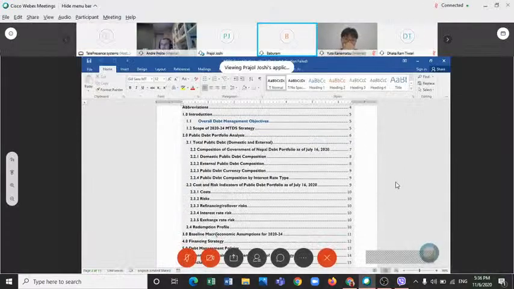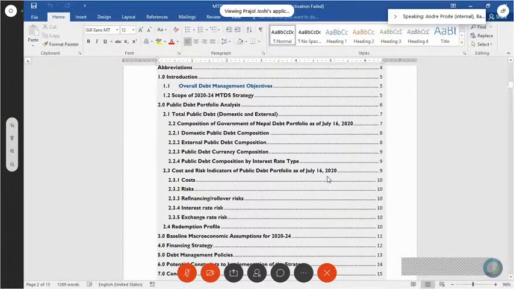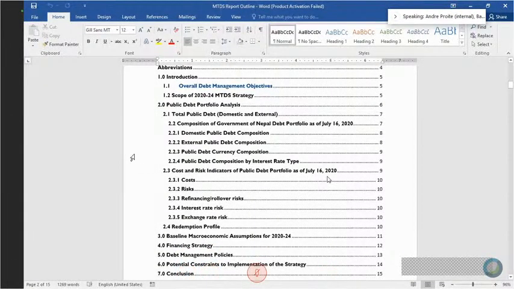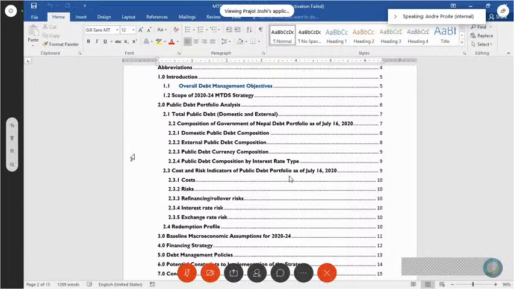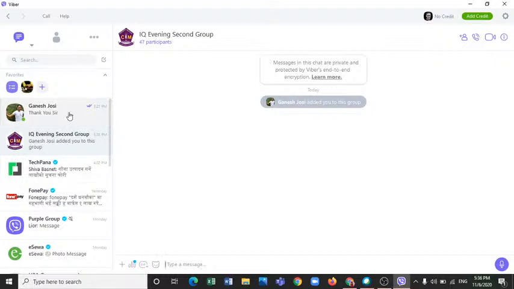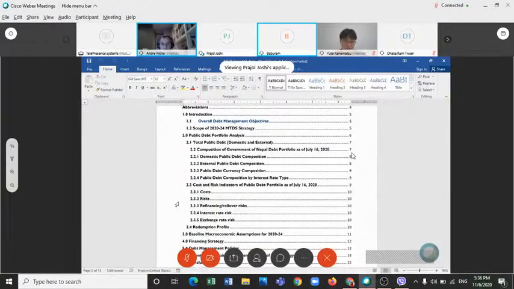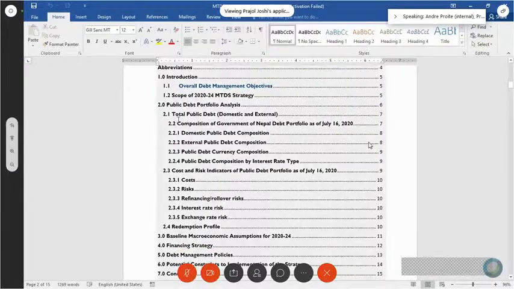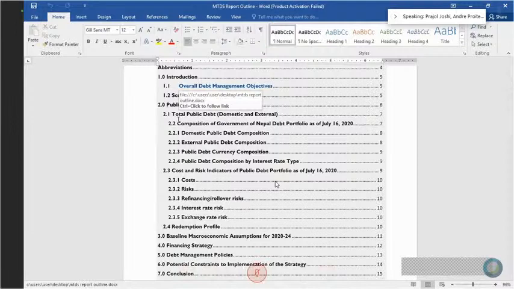Looks good to me. The only thing that I would say is that we don't have to replicate everything that we have in the other report, because we also want to highlight the importance of the report that you're doing. So we can have a very summarized description of the portfolio and refer the reader to that report, which I think is going to be published before the strategy. Then we would focus on the forward-looking analysis, as is outlined here.